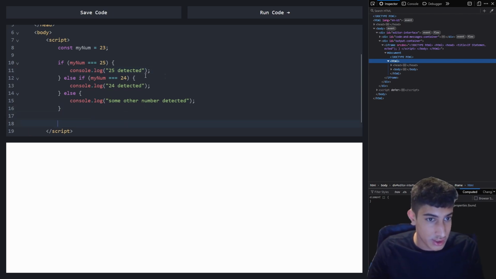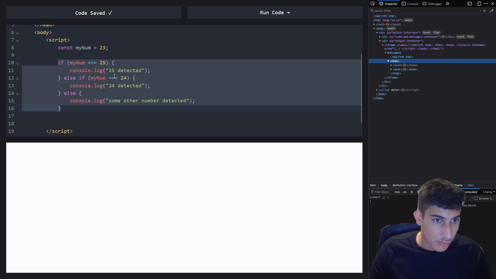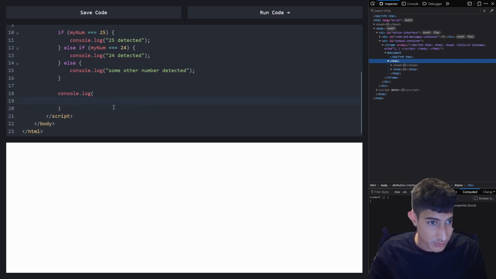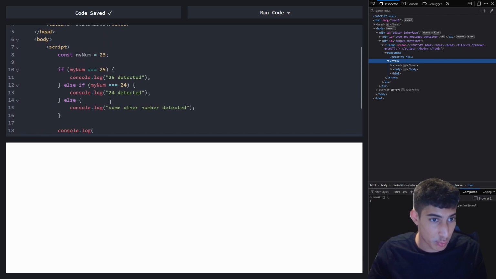So instead of doing all of these separate console.log statements inside this if else, this collection of blocks, we could just use a single console.log statement, and then inside the parentheses,